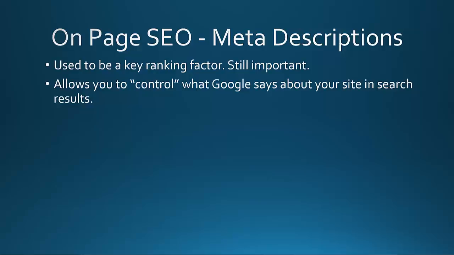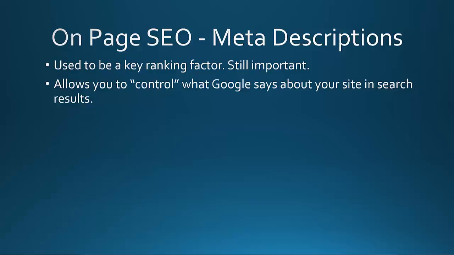The main reason it's important is not because you can just stuff keywords in there, but because it oftentimes will be the result that shows up below your title tag listing, which is blue and underlined and clickable within a Google search. But it's something that you can use to pre-sell your visitors on why they should click on your link. So not only should you have a catchy title tag that incorporates your keyword